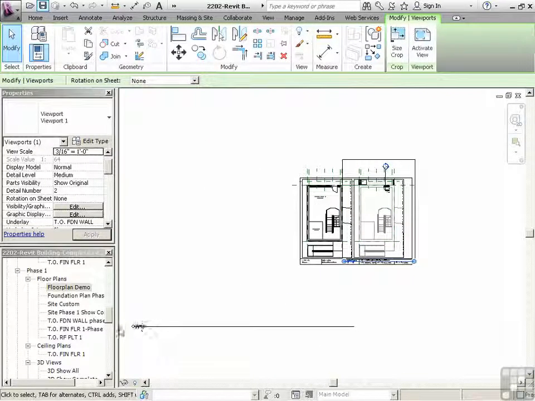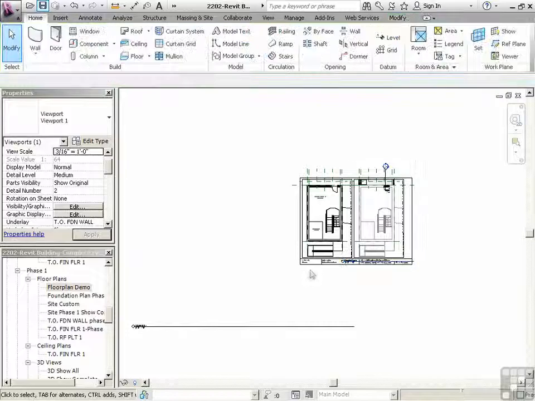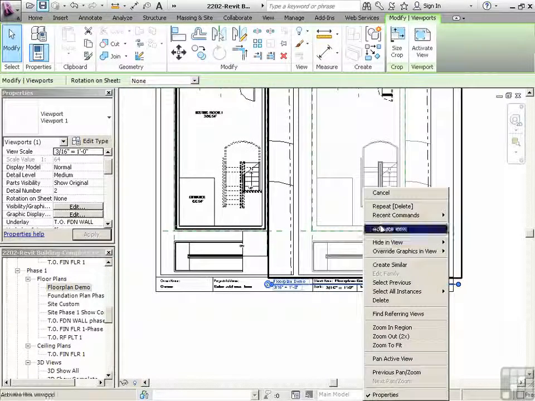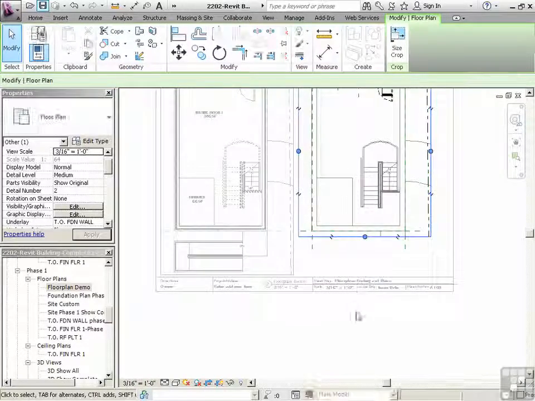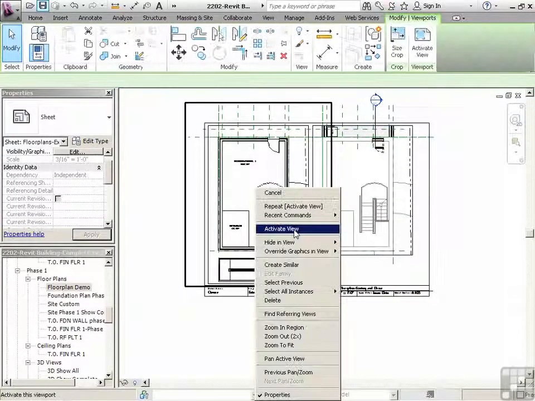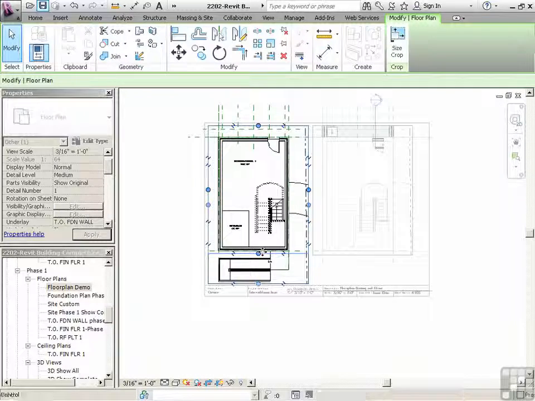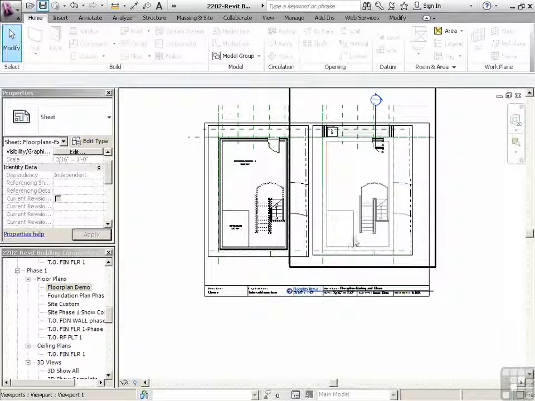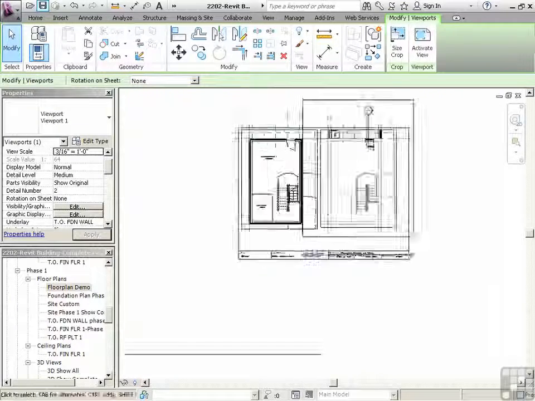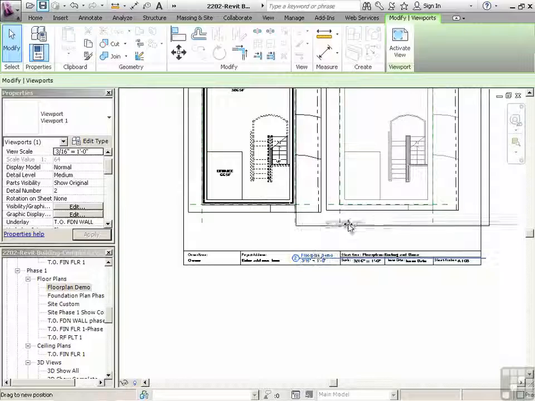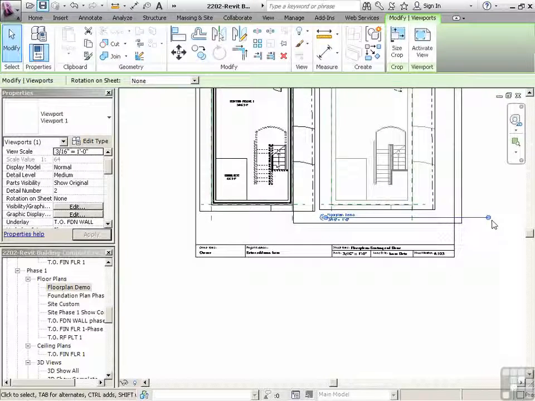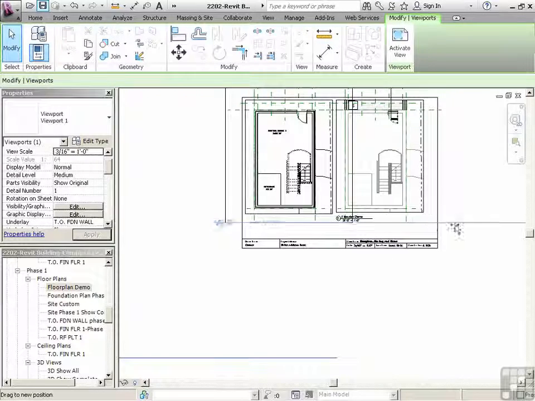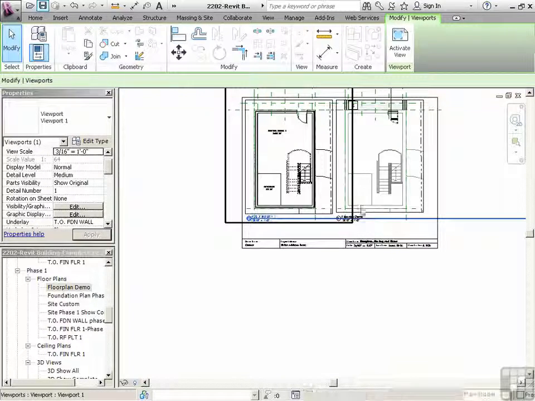Now we've got some issues with our titles, so we're going to have to work with that. I don't think we need to show the ramp, so that's something that we can also refine. Let's just activate the view, deactivate, activate this one, crop it, right-click, deactivate view. Okay, now we have a little bit of room for our titles, so I can just click on floor plan demo, click on the view, stretch that line back, click on this title over here, click on the view,